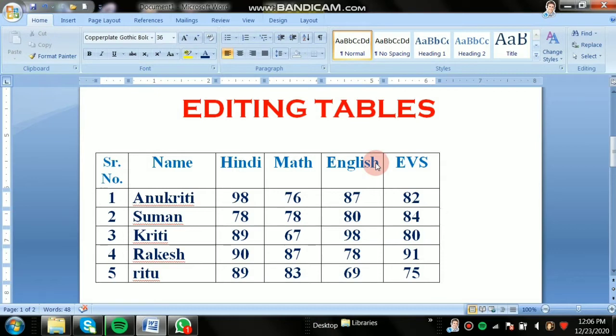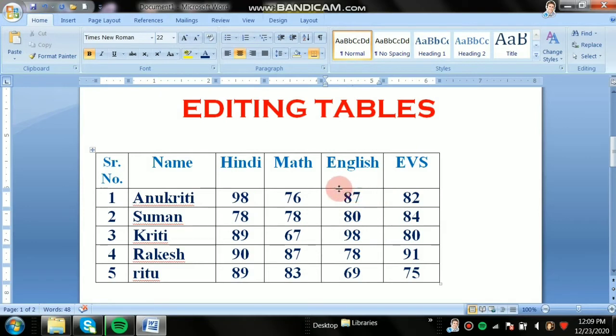You can add or remove columns and cells in the table, add more text or numbers you want, and delete the unwanted rows, columns or cells from the table. So now I will tell you how you can make these changes.